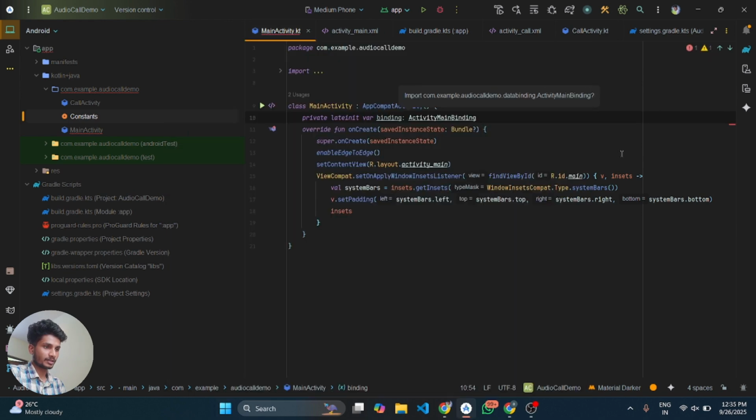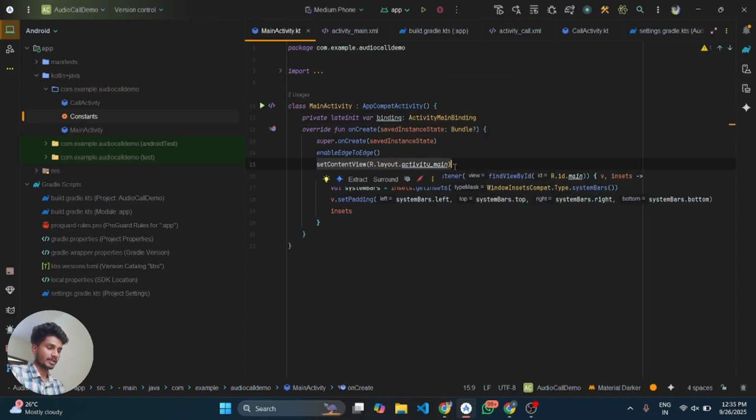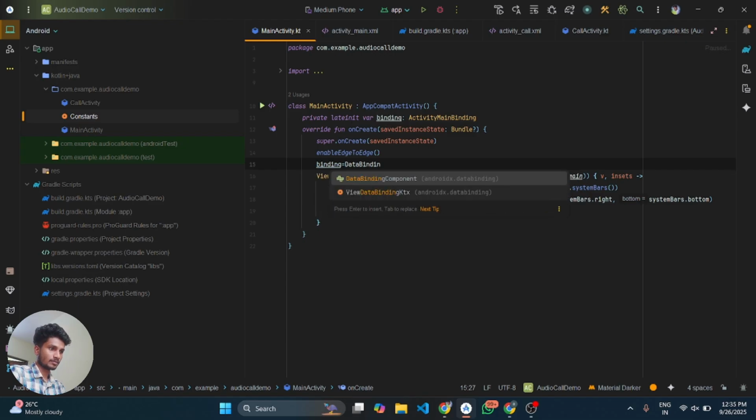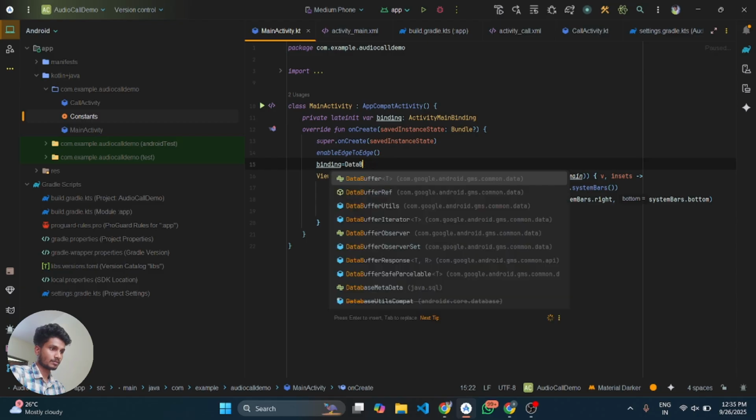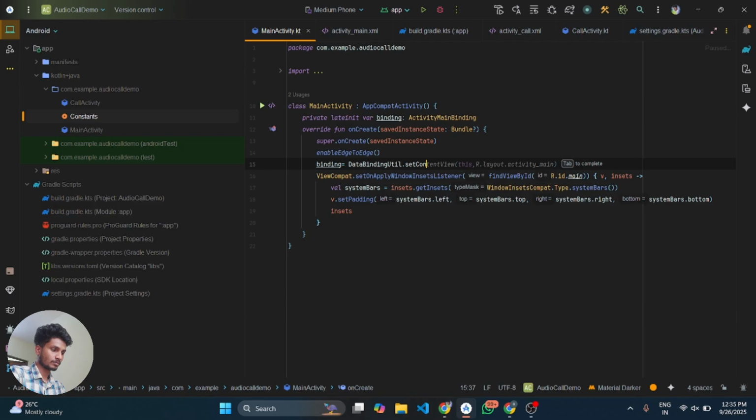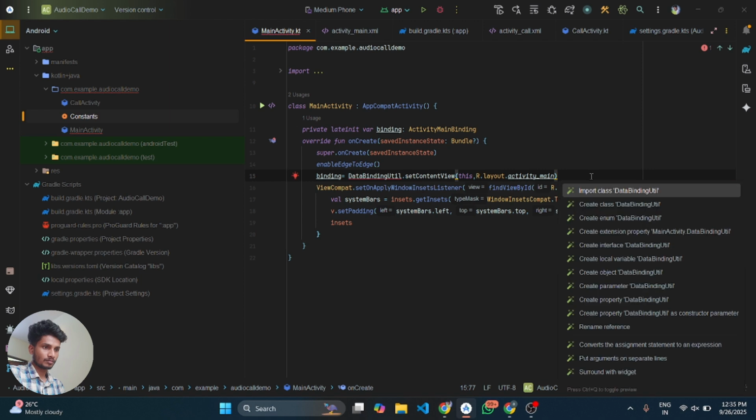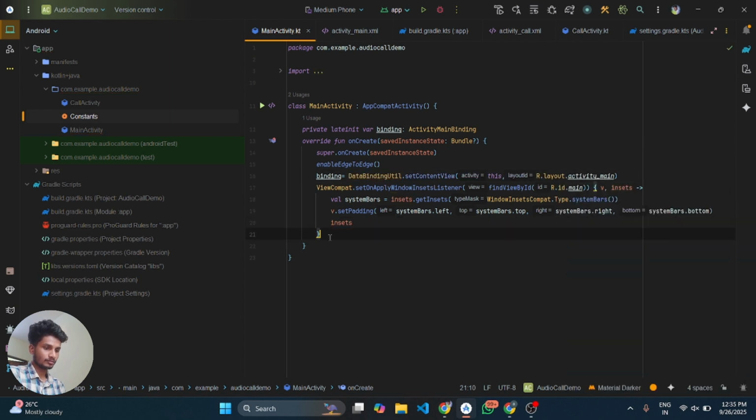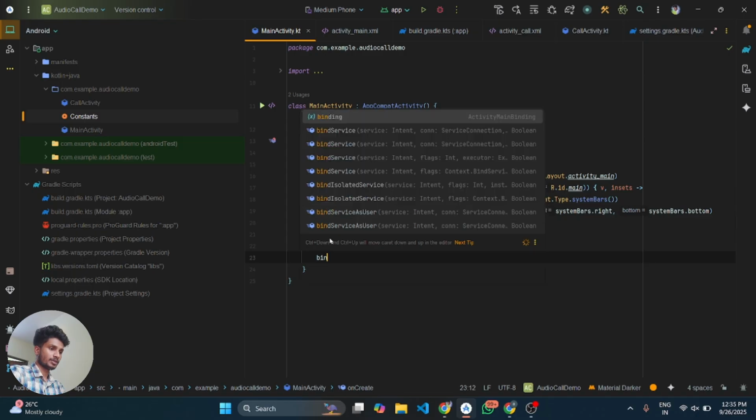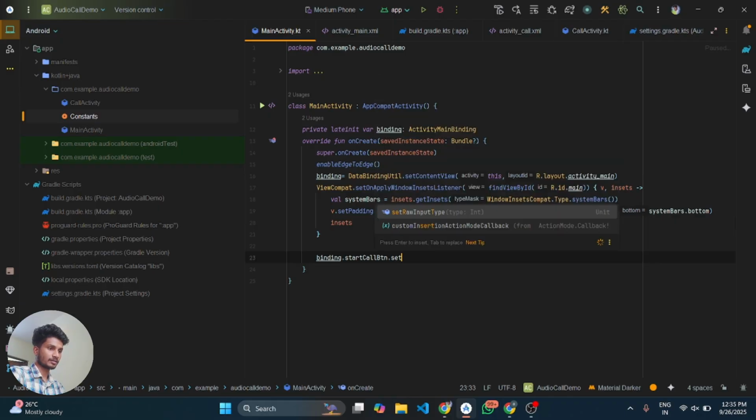And now we can use its data binding feature, and also initialize the binding class. Data binding. And now you can simply use the data binding. We are going to set up a click listener on this button,